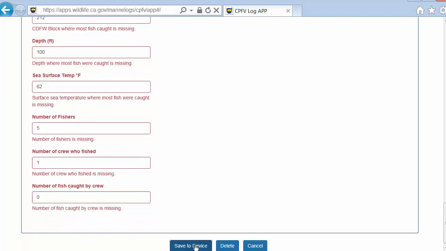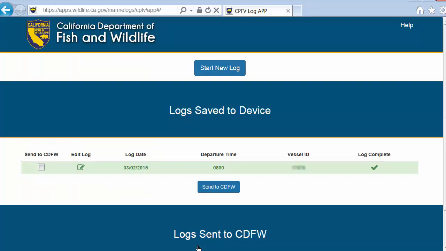Now that I have entered all of the information, I will select Save to Device. On this screen, I can see the log that I saved, and I can also see that the log information is shaded green, and there is a check mark in the Log Complete column. This means that the information in my log is complete and valid, and the log is now ready to be submitted to